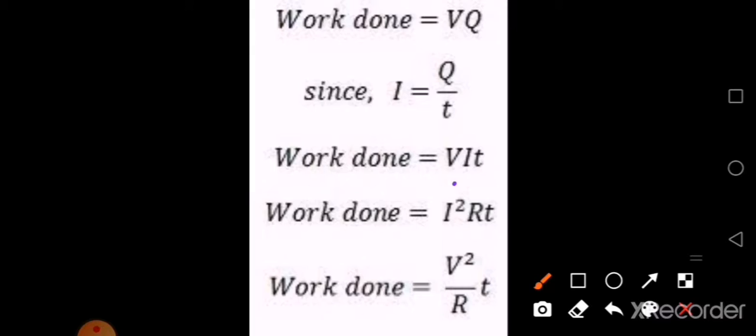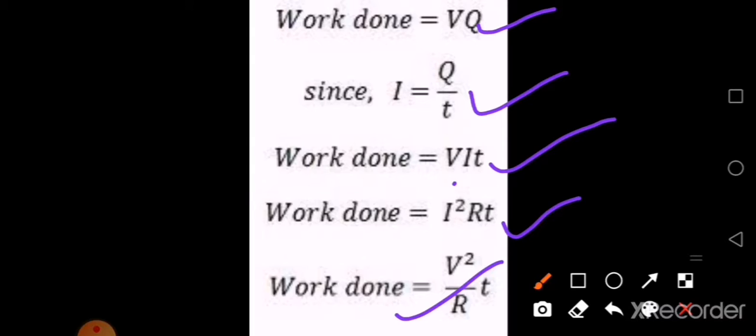So you will have only simple numericals this time. Now coming to the equation part, you need to learn only the equations. According to the definition, it is work done per unit time. So accordingly, for work done you have an equation, and for current you have an equation. Substituting, these are the equations for electrical energy.